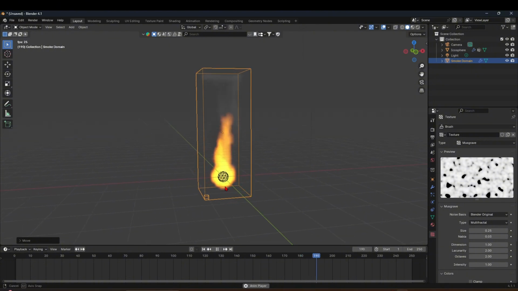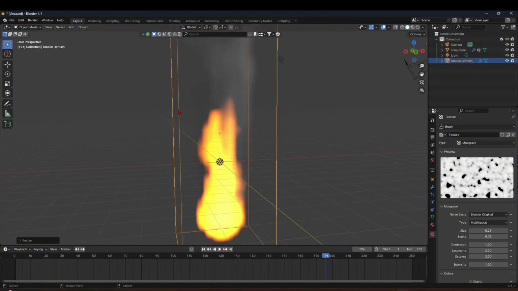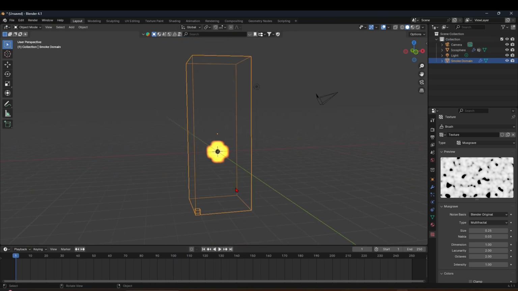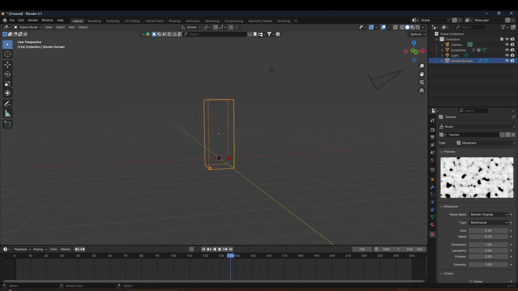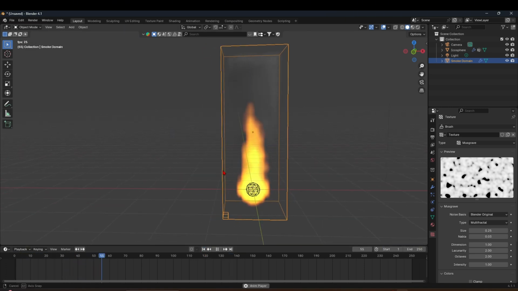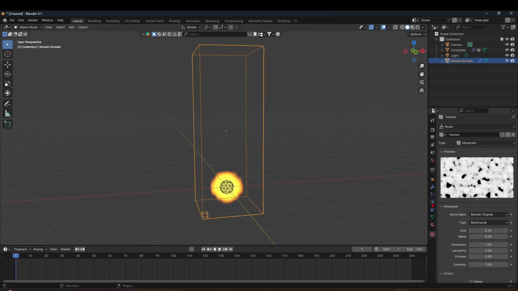Yeah, so we have enough room, because when you have such a large domain, you're basically just wasting space that you're not using, right? And it's going to add to your calculation time. You can see it's even affecting the size of the fire. Yeah, so it's just good to know how to optimize these things, right? So just make sure you scale your domain to the size of your fire, right? So this is cool. So now select your domain, go back to your frame 1 and go to the physics